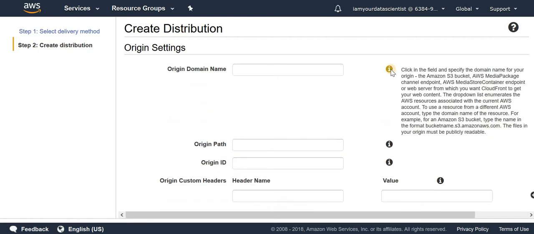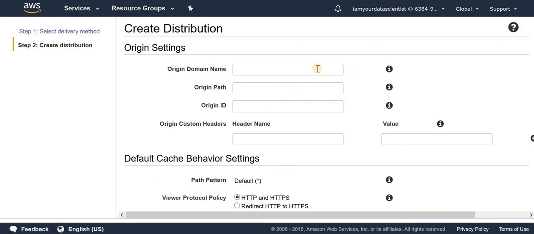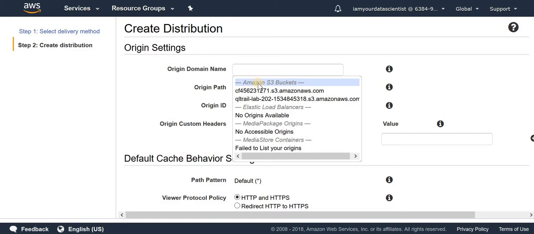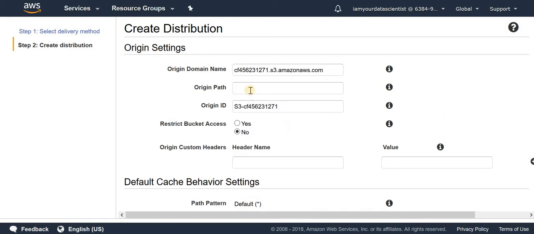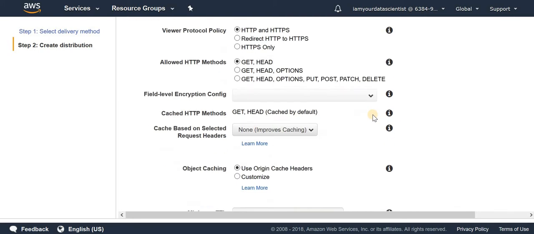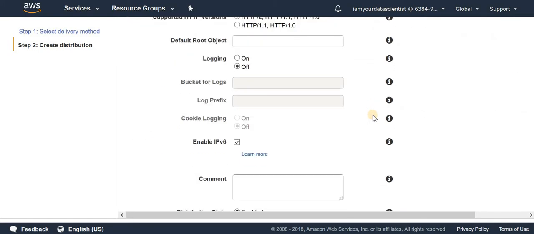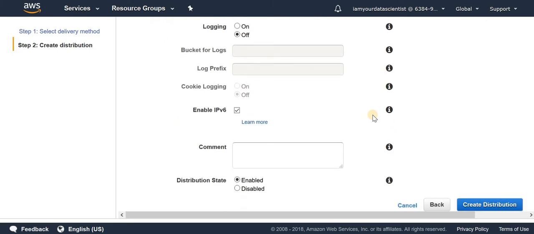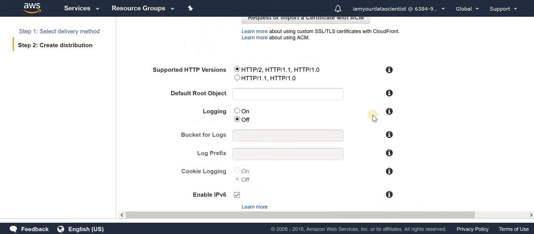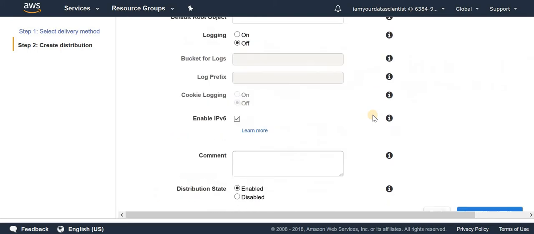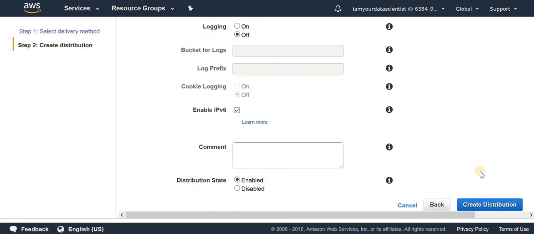There's help available on what you can do. We enter the bucket name, which we've created, CF256 and so on. Leave all the settings as they are and scroll down to the bottom. We're not going to do all these restrictions, loggings and certificates. Just create